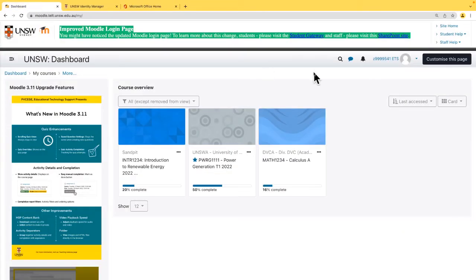So now let's go ahead and look at the dashboard and what features you have available as a student within the dashboard. For that, I'll pass it on to my colleague Adrian to talk you over the dashboard section. Perfect. Thanks, Anup. Thanks for that introduction. Hi, everyone. So I'm Adrian, a Senior Support Analyst in the ETS team.